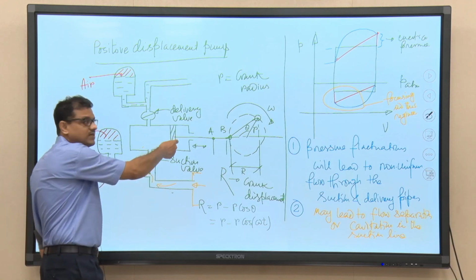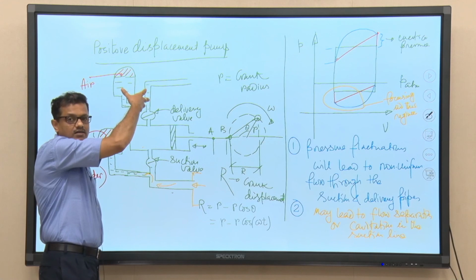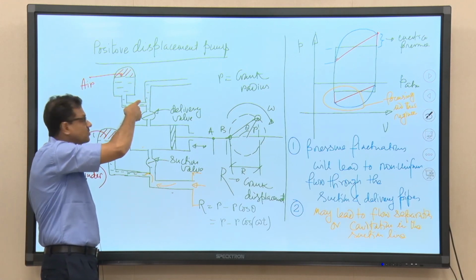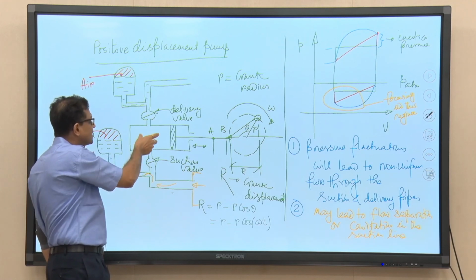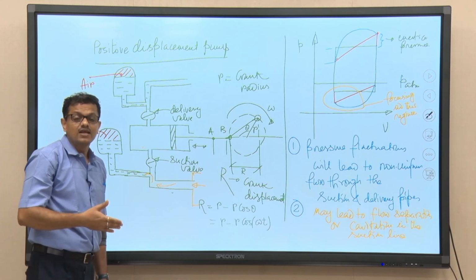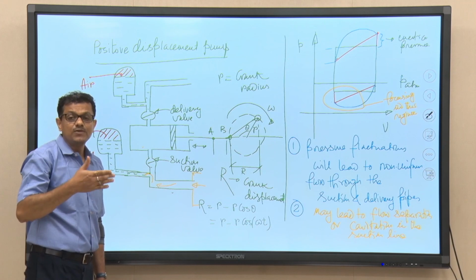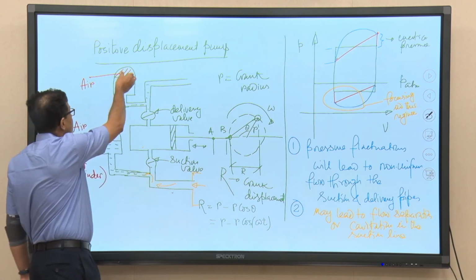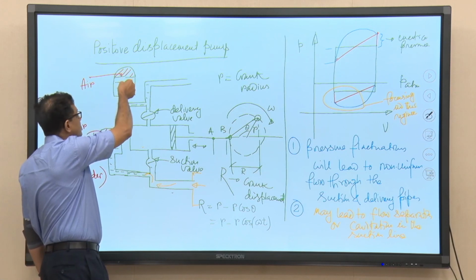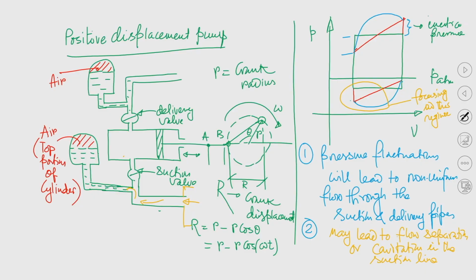At the beginning of the delivery stroke, a part of the energy remains stored by compressing the air, and that air is collected at the top of the chamber. When there is a need, when pressure inside the cylinder as well as in the delivery pipeline falls less than the requirement to maintain the uniform average flow rate, then the stored energy will allow liquid inside the chamber to go back to the delivery pipeline, essentially to maintain the uniform flow rate.